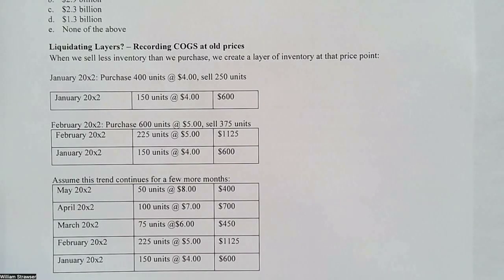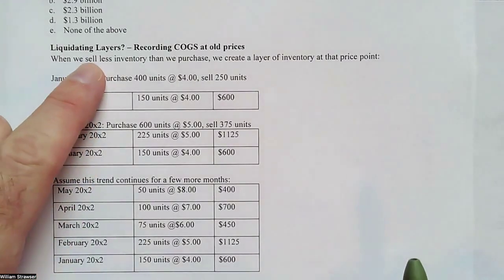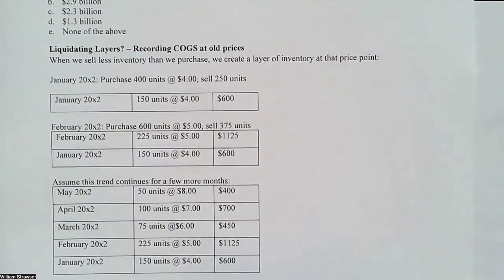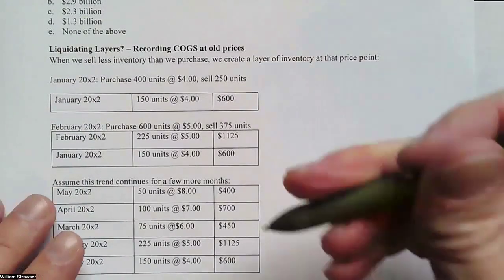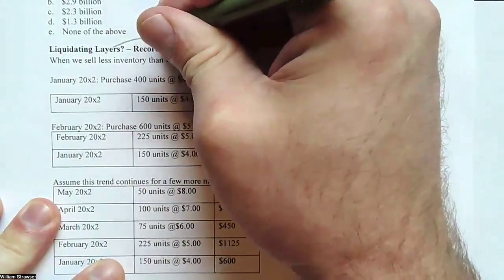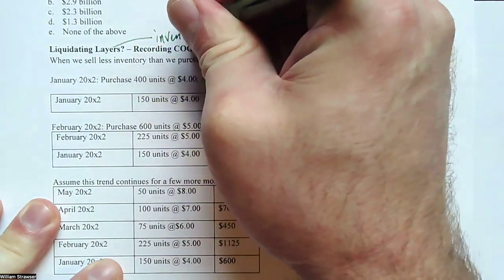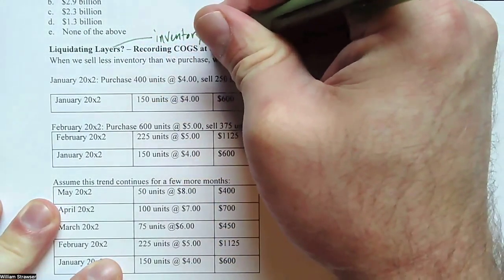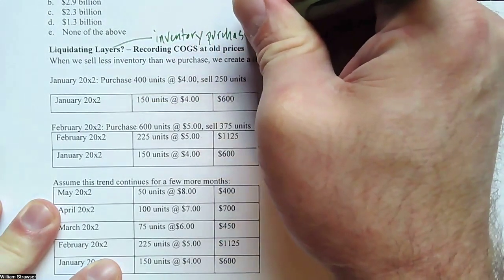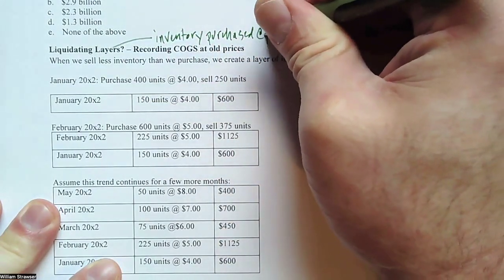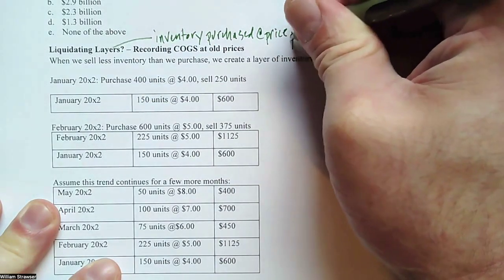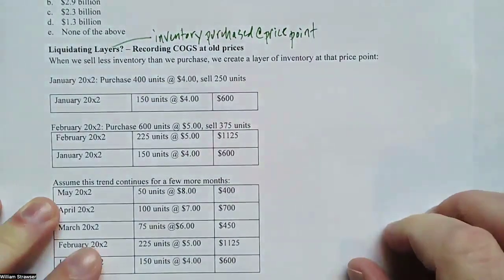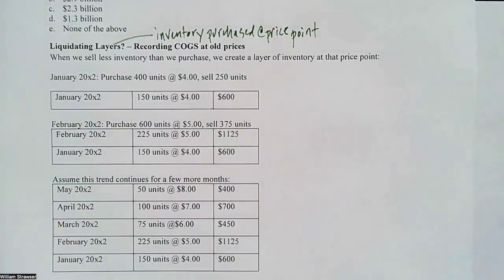All right, so in this video, we're going to talk about LIFO liquidation, or just more generally liquidating layers. When we're talking about layers, we're really just talking about inventory purchased at a price point. So we buy inventory from our vendors at a certain price, and basically every purchase of inventory we make can create a new layer because there will be different price points